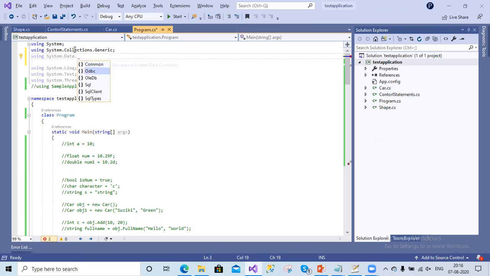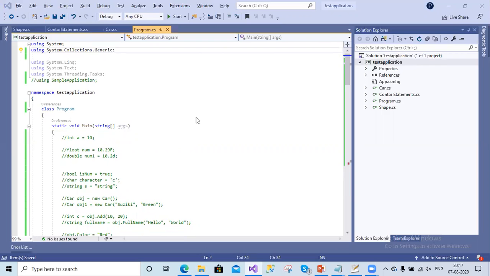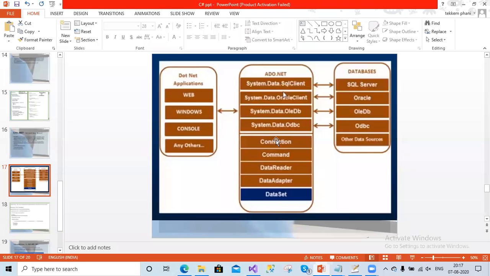Inside this, we can see all the kinds of service providers: SqlClient, OLEDB, ODBC. These are all the different databases we can connect using this ADO.NET. If you want to use one more database, you just have to install that database-related package, and you can use it also with ADO.NET.